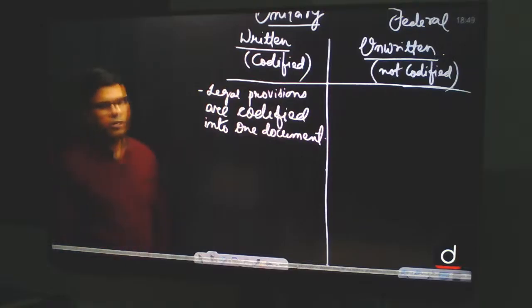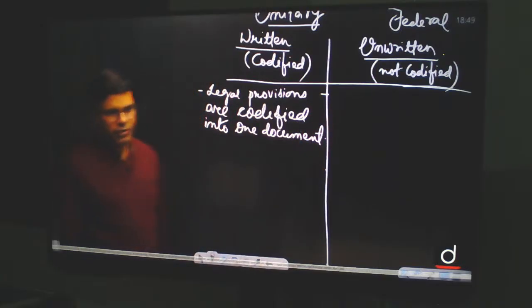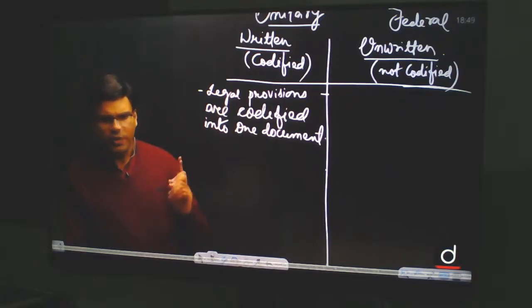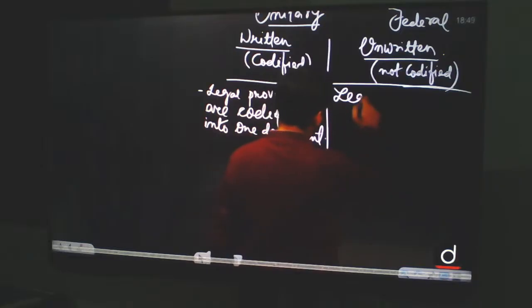That is about the written constitutions. Okay, but the same cannot be said about unwritten constitution because they will have multiple documents. मतलब बहुत systematically arrange नहीं करते, इनके पास multiple documents हैं and they are not codified into one single document. But they also have legal provisions. ऐसा नहीं कि इनके पास legal provisions नहीं होते।